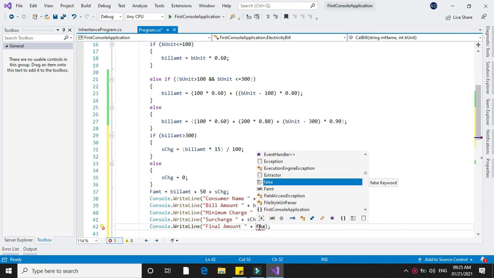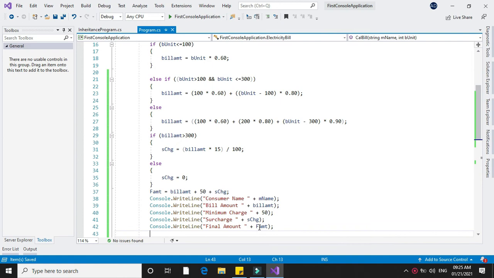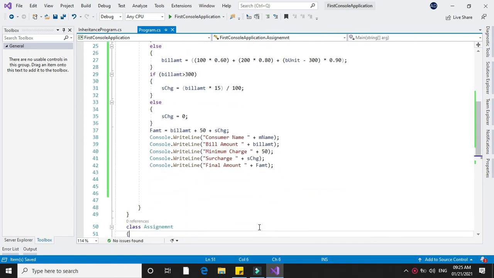To execute this, we will create instance of this class in our main method.